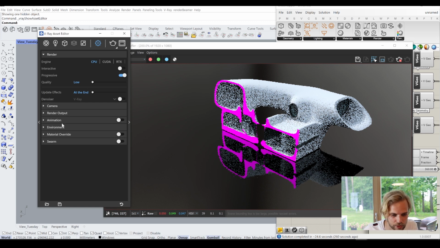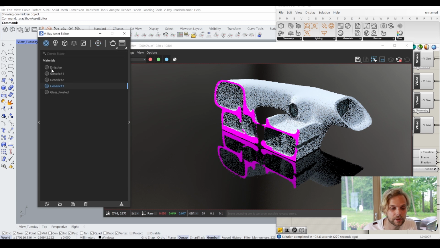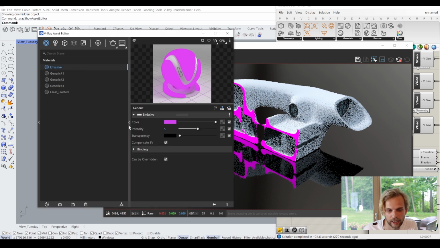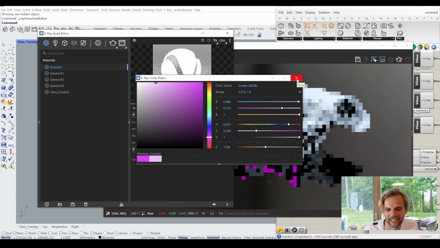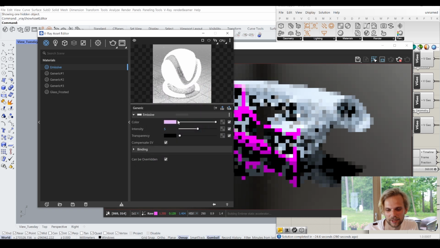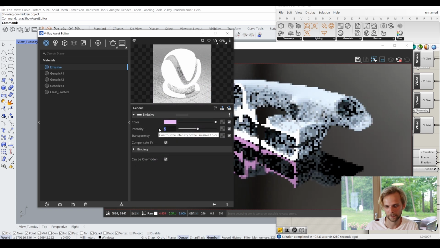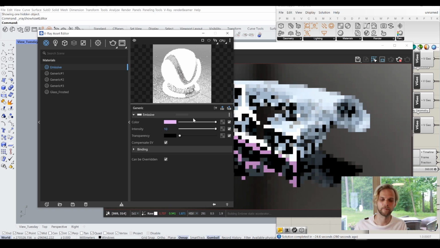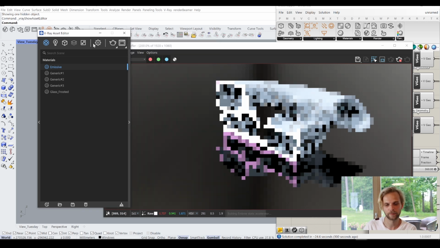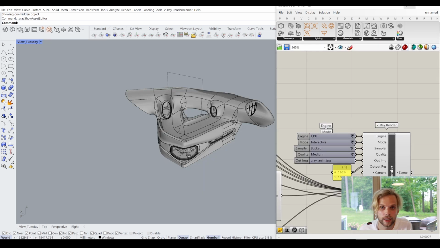I will go to my materials tab. I'll go to emissive, and here I will just change this to maybe not that pink, huh? Maybe a little bit less pink, a little bit brighter, and a little bit stronger. And something like that. Perfect. Okay, and then for the light setup, I will be using